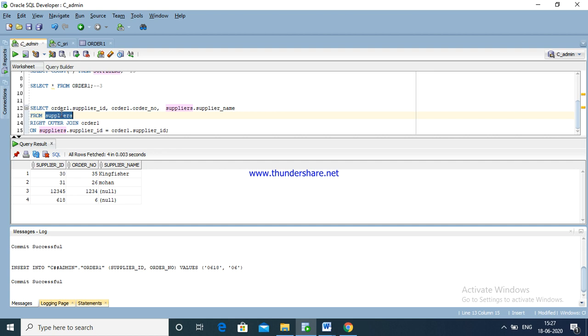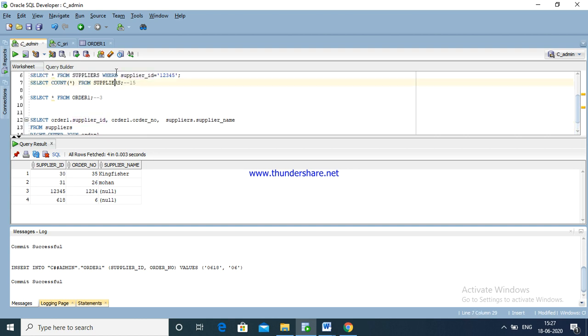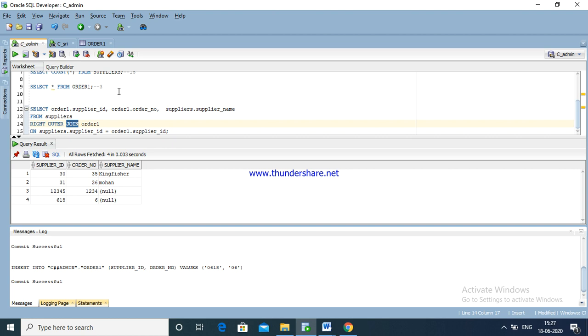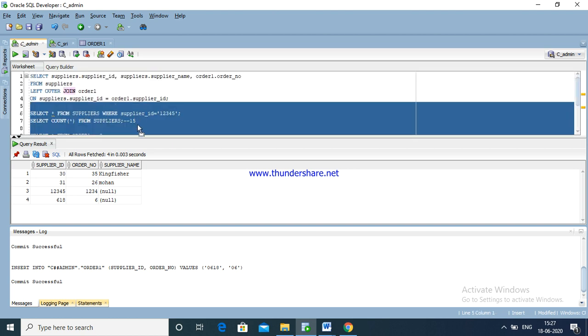From the second table we are going to get all records. Left is the first table, right is the second table. Here we are getting the second table's rows where the condition is met with first table records. Now see here, the first table is supplier, having many records.